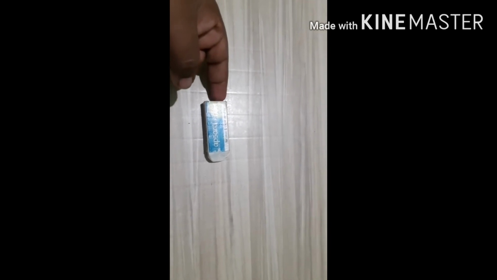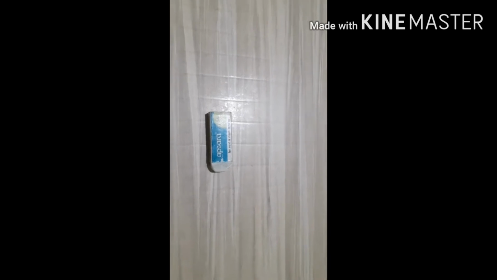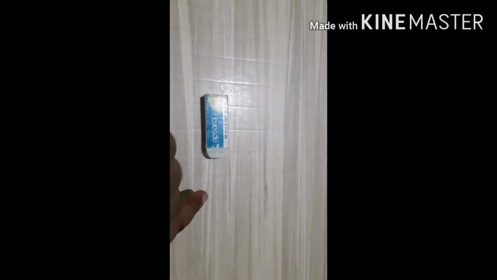Now I am applying force on the object in one direction, either the left side, or right side, up side, down side. Those are the directions of the force applied on the object. So force has direction, and I am applying 5 Newton force from the right side. Now I am applying 5 Newtons from the left side. So force has both magnitude and direction, so force is a vector quantity.